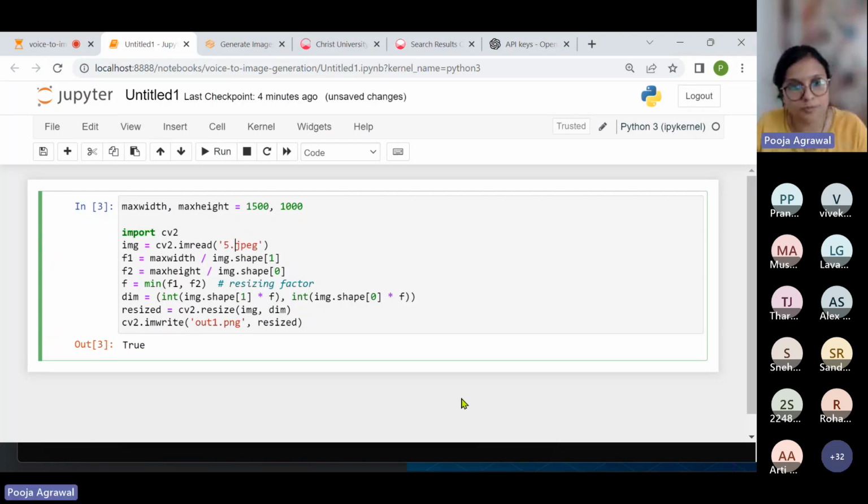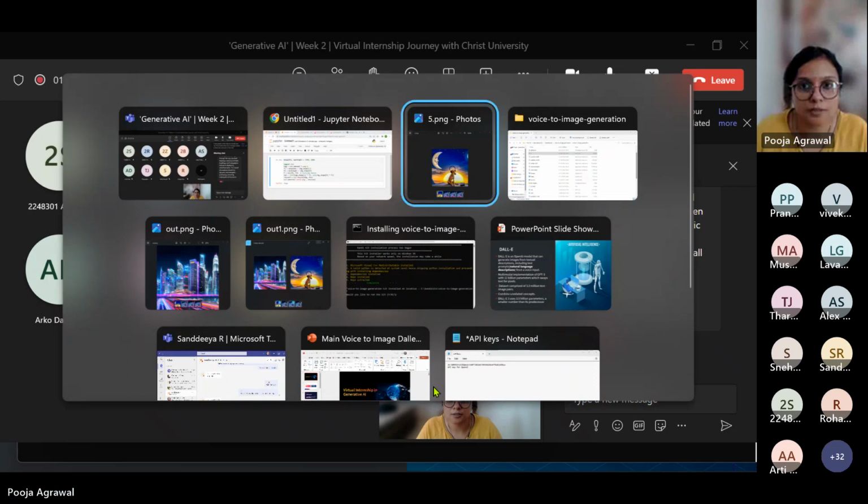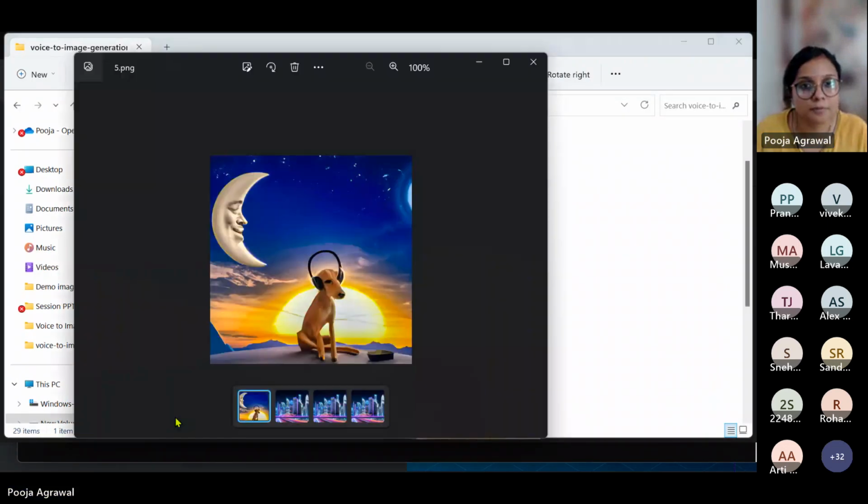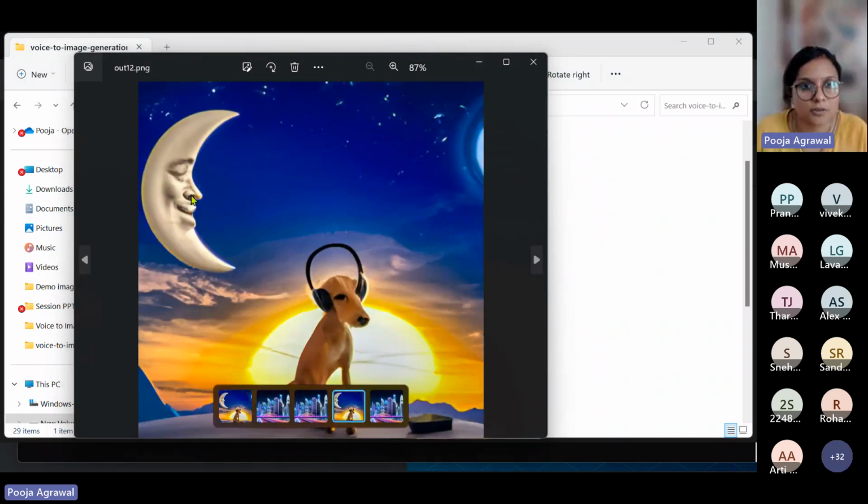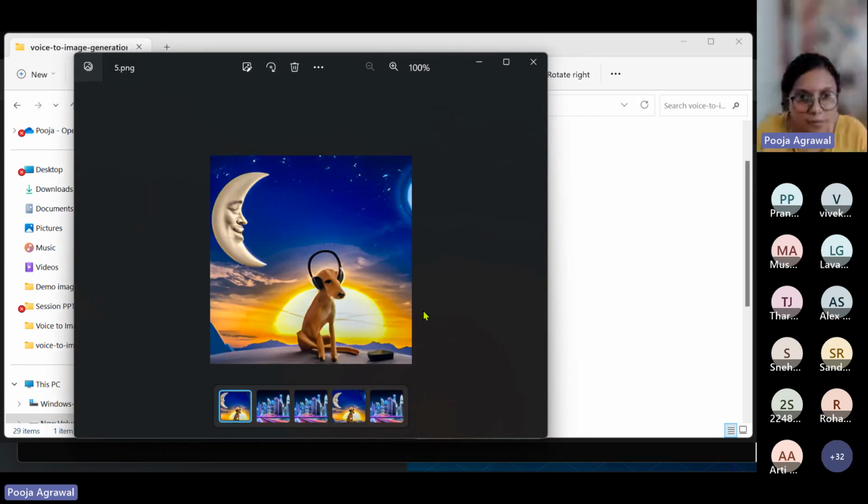I'm just trying to check a simple snippet being run. Okay. And out one, two. This was my 5.png. Now I want to check. Yep. So I've been able to resize my image pretty much.